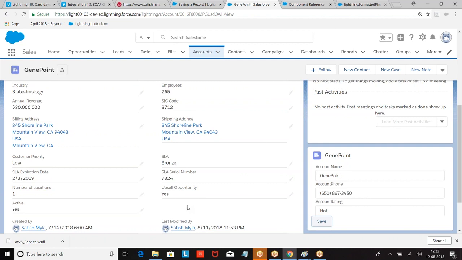Everyone has followed this. So in Lightning Data Service we have only seen save. There are still update and delete operations, and multiple component communication. There is still some concept with this. I hope you are clear about this concept. Everyone has followed. This is a replica of the standard controller in Visualforce.